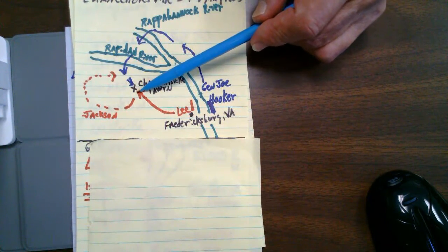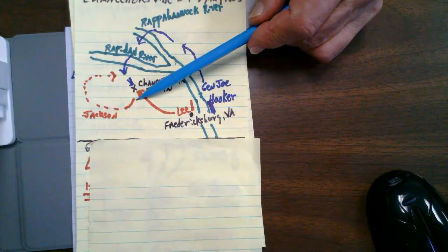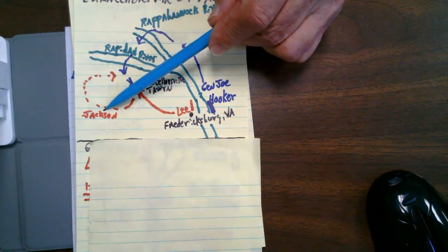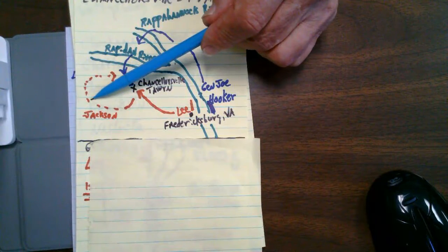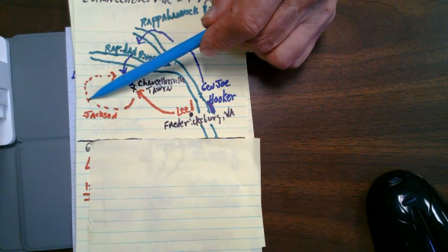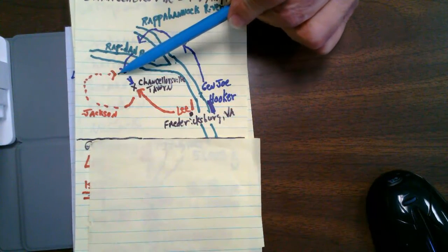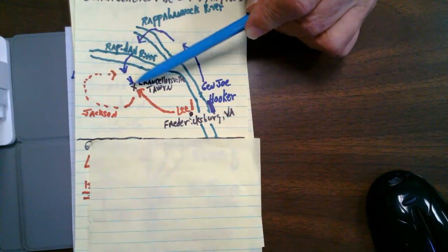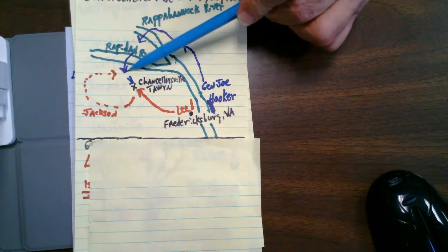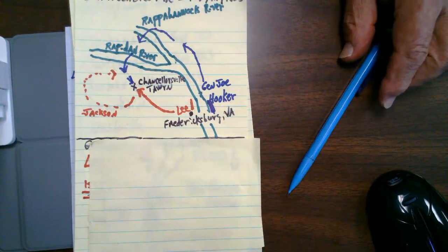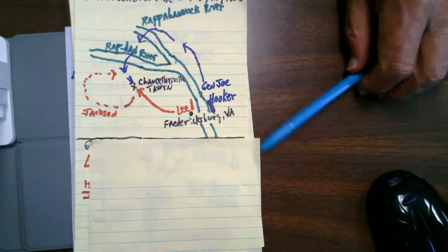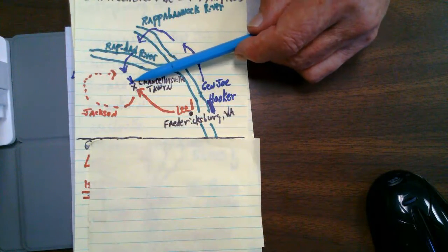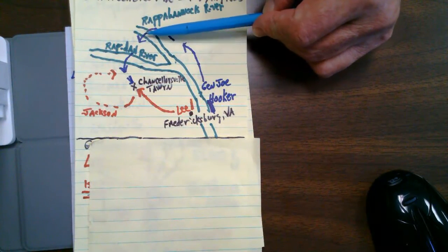So he kept a checking force here, and then under Stonewall Jackson sent about 15,000 men through these old paths, just old muddy roads here, and rutted out roads, and sent them around here and outflanked the Northern Army. So this meant that you can now have Lee coming in from this side to the north and Stonewall Jackson from this side against the north. And it was just an amazing maneuver here. Let me get myself back in position here, and it forced the Northern Army back across the Rapidan River and back